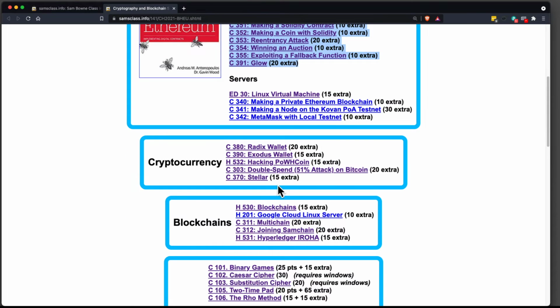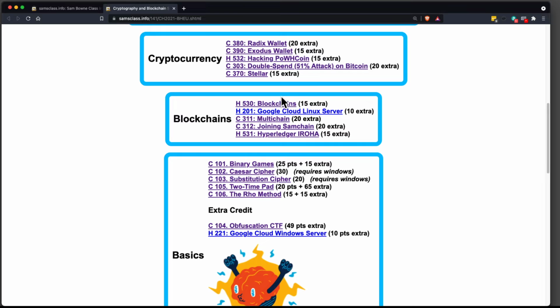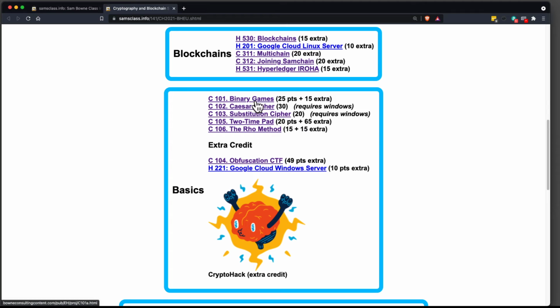Then there's other cryptocurrencies here with a few more security challenges. And then a general introduction to blockchains, which is probably where I'd start for people who are new to blockchains. And then there is the normal cryptography, of which there is a lot. Here you have the real fundamentals like the Caesar cipher and binary and such, and how to attack hashes and find hash collisions. And then down here, there's actually another whole ton of challenges where you do a whole lot of cryptography in Python,